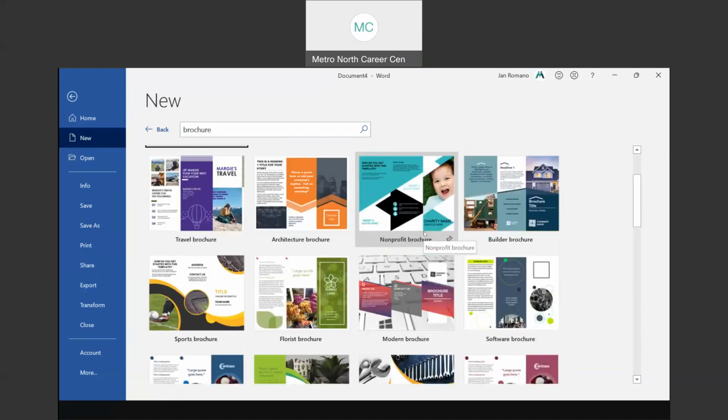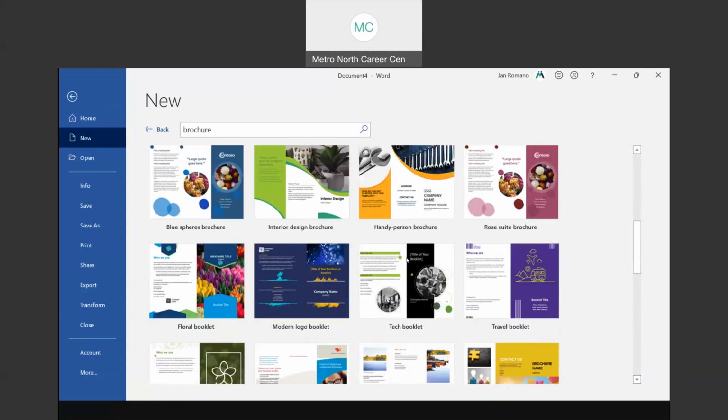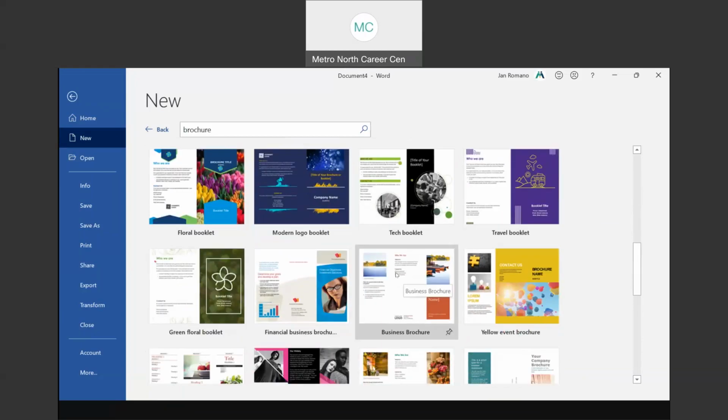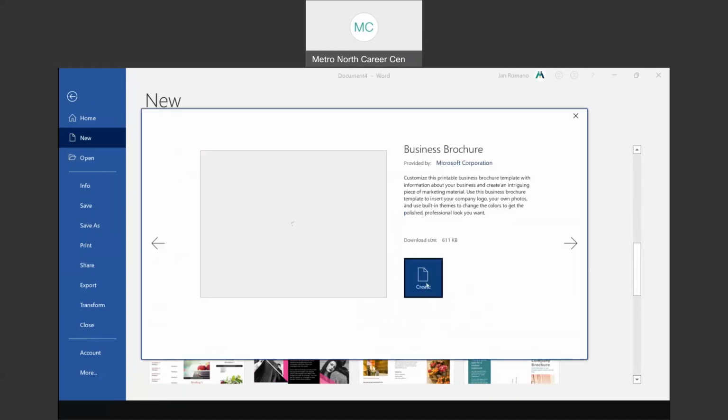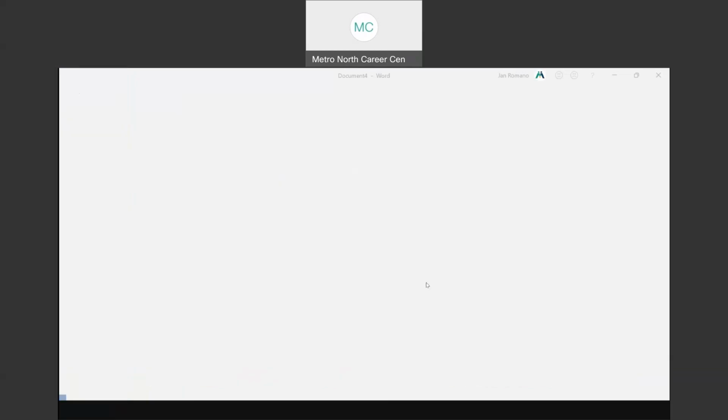Now, if you find some brochures about a different topic than you want, but you like the style, you certainly can click on any of these brochures and change the pictures that come with them. So let's say I'm just going to take this nice simple one right here and click on it, and then say I'd like to create it. A brochure, I want you to notice